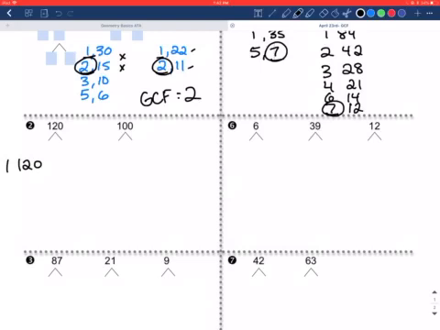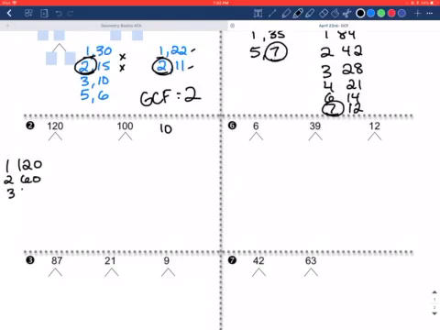When you see 120 and 100, a lot of people, the very first thing they see is they go, oh, okay, well, that's got to be 10 because they're both divisible by 10. But that might not be the biggest or the greatest common factor. That is a common factor, but it might not be the greatest one. So what you can do is you can actually put both of them into the calculator at once, and we'll